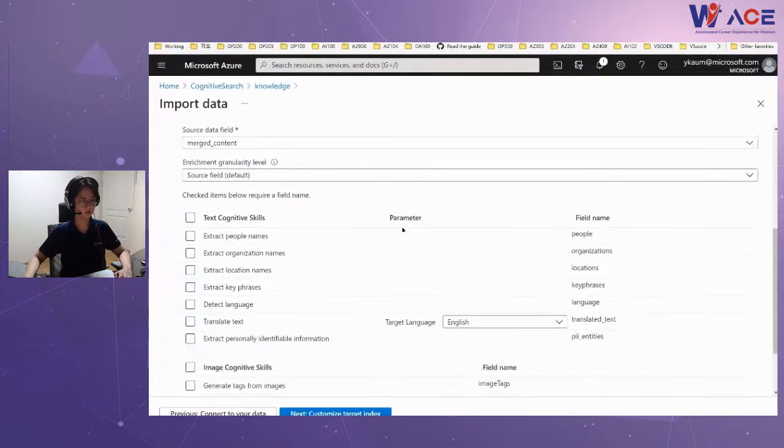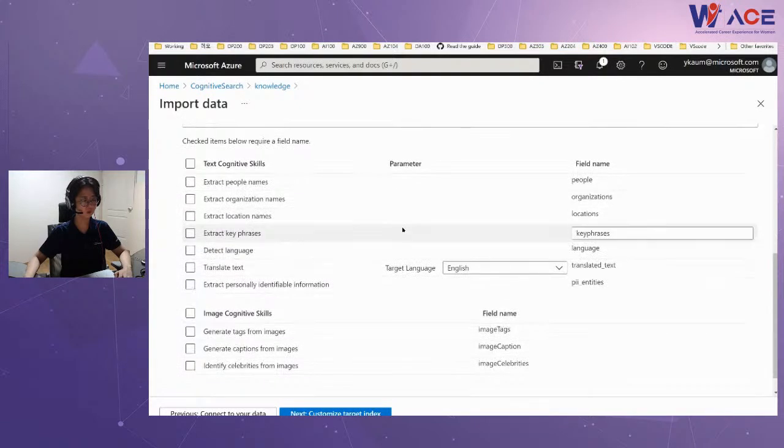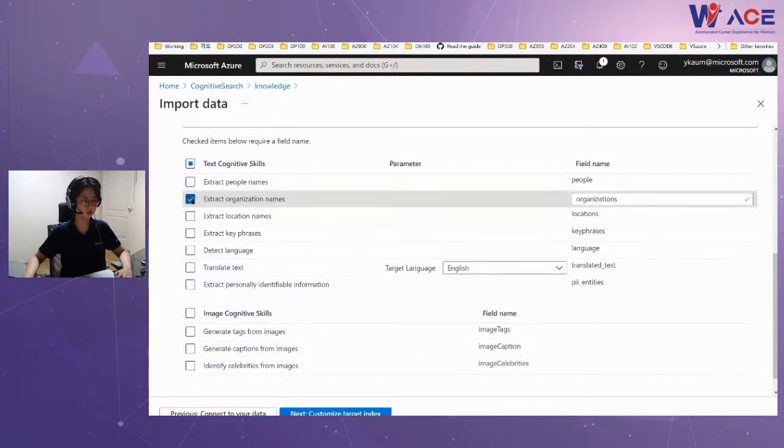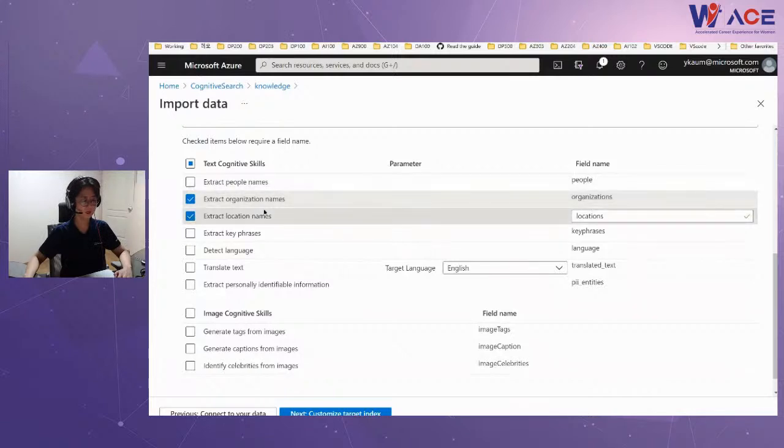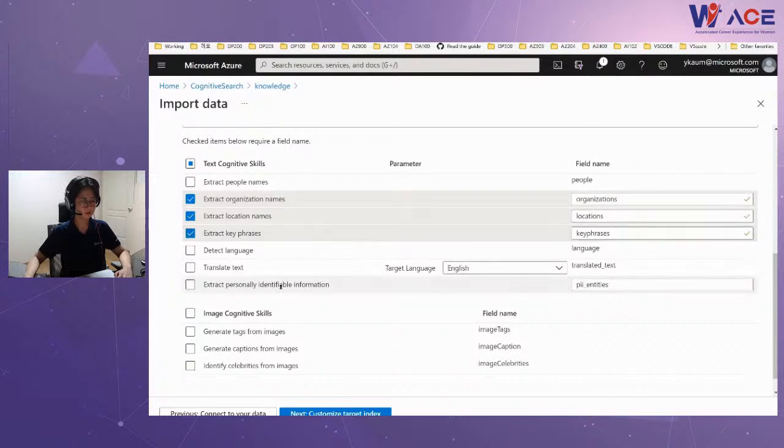Okay. Now I'm going to choose the AI enriched fields. This is customer travel review feedback. So I'm interested in organization name and location name, where they traveled, and possibly key phrases.